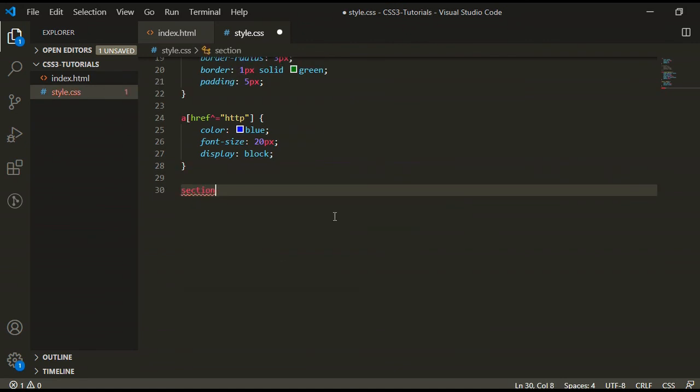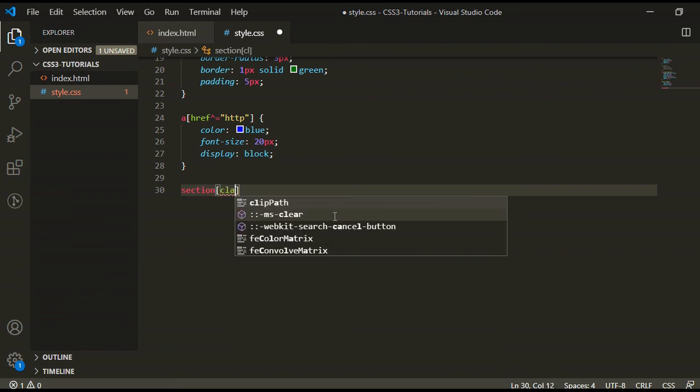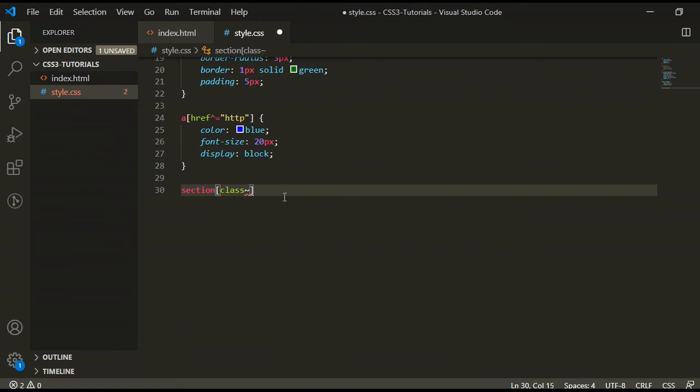First element name, square bracket, and the attribute name, its class, and the special character which is on the keyboard just on the left hand side of number 1 or above the tab key, and the word is logo.